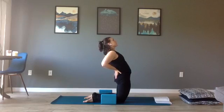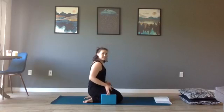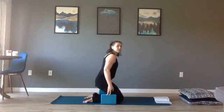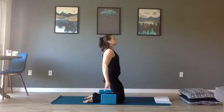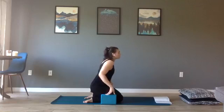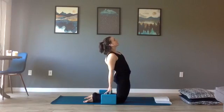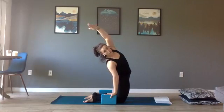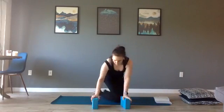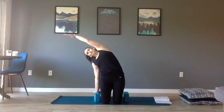All right. So now we're going to reach down with both fingertips as we sit down on our heels. All right. Pushing it up. Bring these fingertips back. And down. Pushing back up. All right, now it's time to get a little circles in here, circular. So bringing your right hand down, left hand is going to swing up and over. I'm going to switch positions so you can see what this looks like. Your right hand is down, your left hand is reaching up